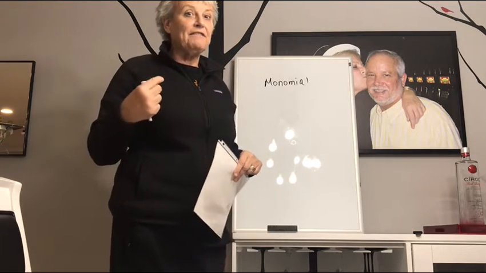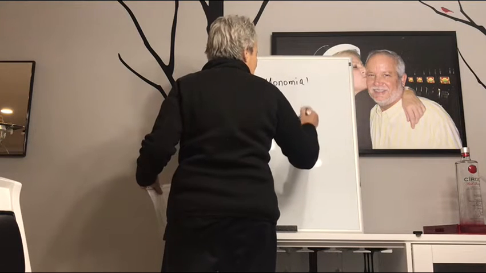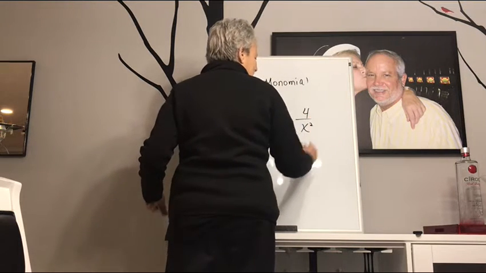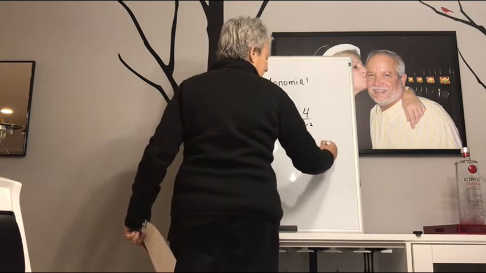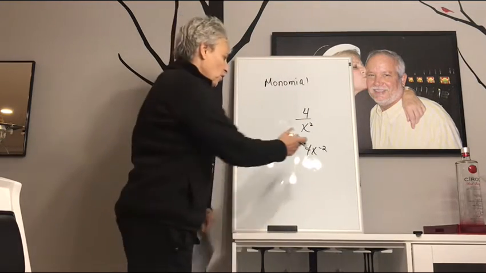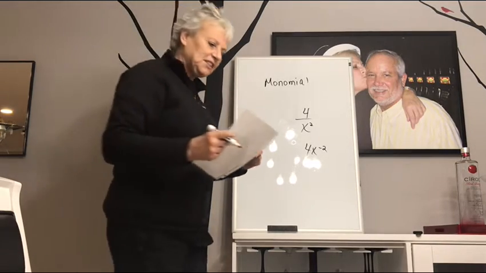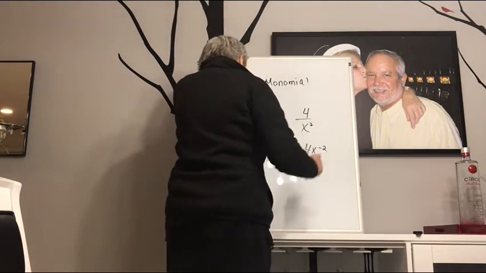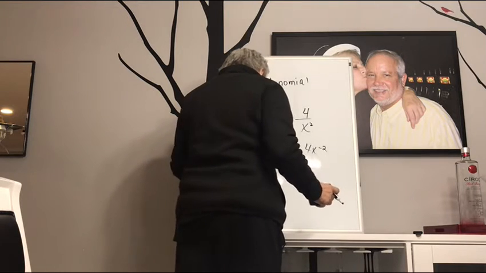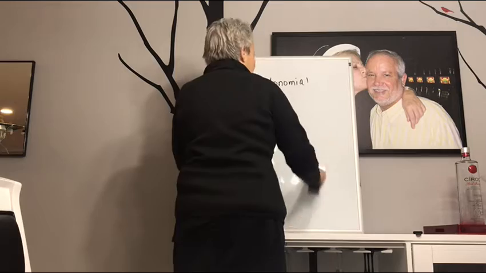Monomials cannot have a variable in the denominator, because a variable in the denominator makes that exponent negative, like 4x to the negative 2. So this is not a monomial. The exponent has to be positive. In other words, the exponent not only has to be positive, but it has to be a whole number,